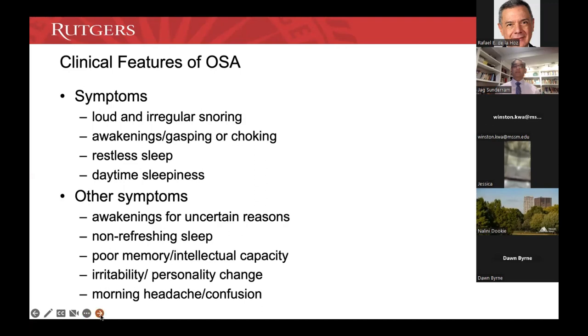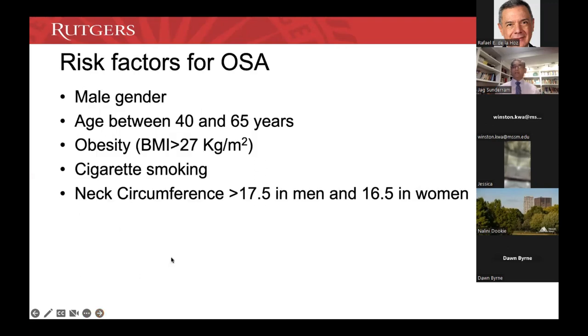headaches and confusion. Now, the classical risk factors for sleep apnea, as everybody is aware, are the male gender, persons between the ages of 40 and 65, and obesity being a major risk factor because there are anatomical predispositions to this obstruction happening. Cigarette smoking increases the edema of the upper airway and therefore increases the likelihood of airway obstruction. And similarly, the size of the neck matters, whether in male or female, again limiting the anatomical pathways for airflow